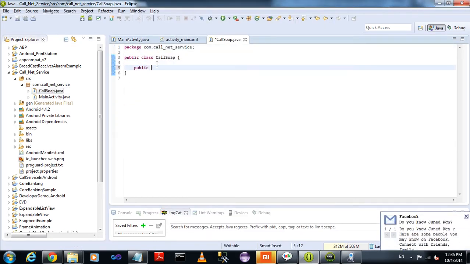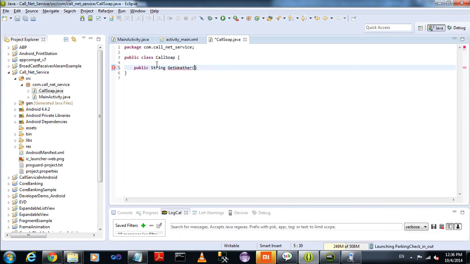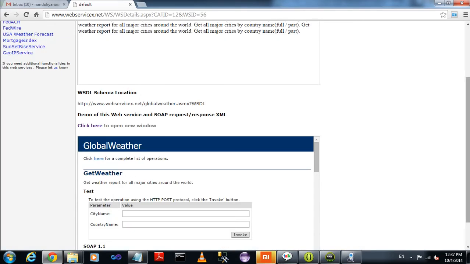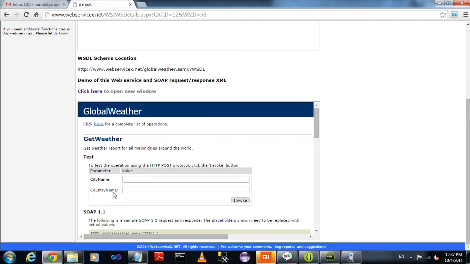Create one method for calling the web service global weather, get weather. There are two parameters, city name and country name.